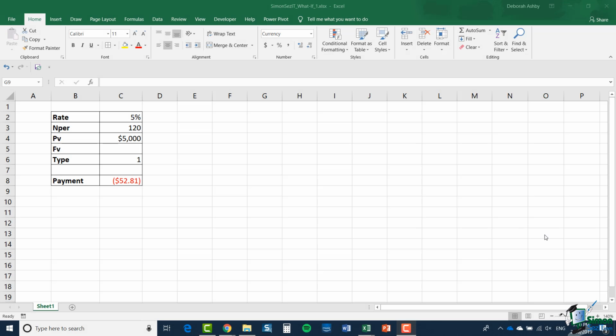Hello again and welcome back to our course on Excel 2019 Advanced. In this section, we're going to start to look at what-if analysis. This takes us into an area of data analysis in Excel, which has always been a very important aspect of its use. Now, in order to demonstrate what-if analysis, I'm going to go back to one of the earlier examples